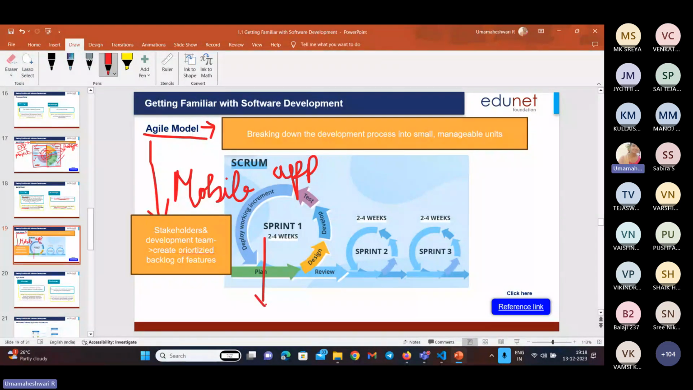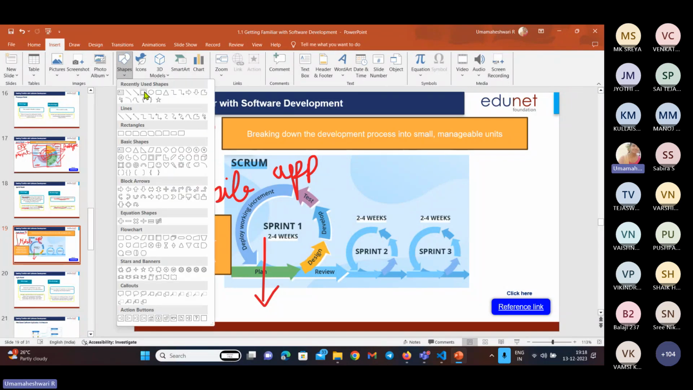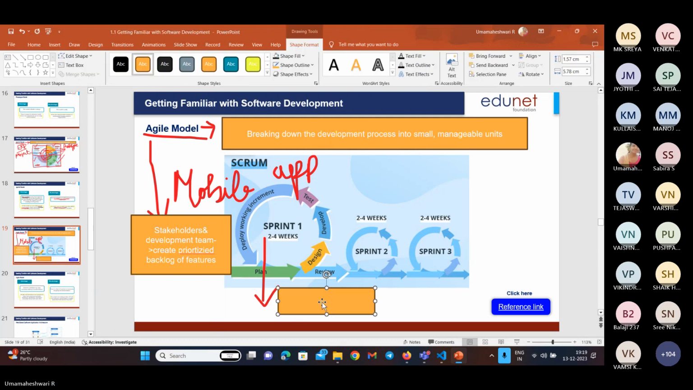So what happens in the first sprint? The team might focus on creating the app's basic structure. In the first sprint, the team focuses on creating a